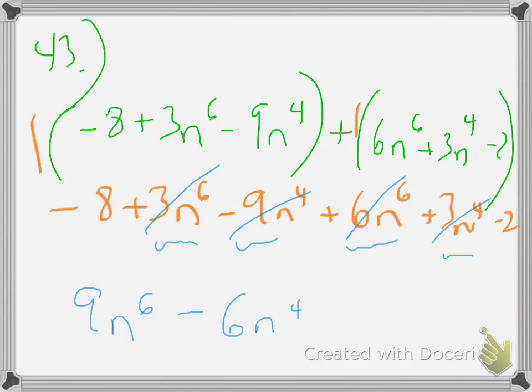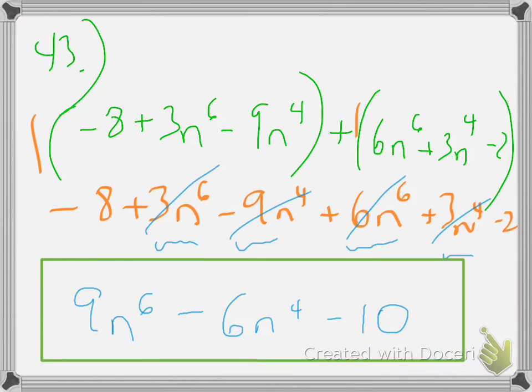Then what else? Then we're just left with numbers. That's why crossing out helps. So we got a minus 8, minus 2, minus 10. Good to go. And that's the end